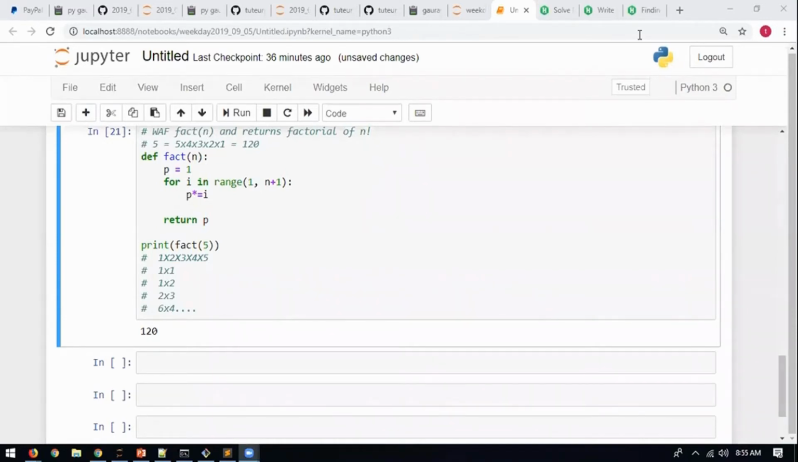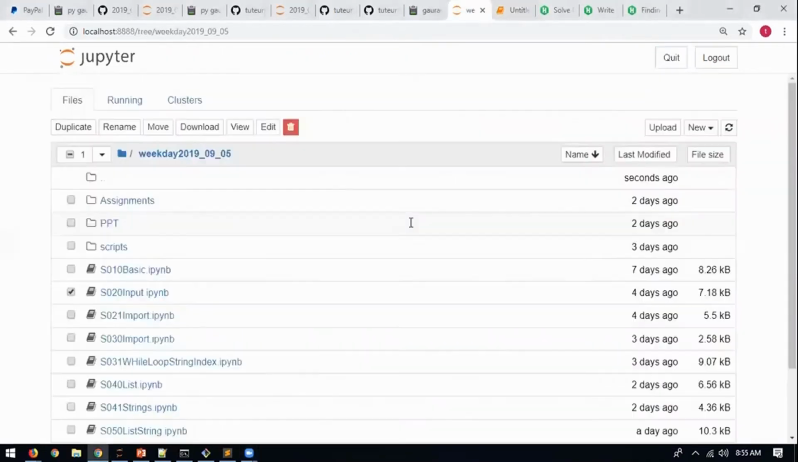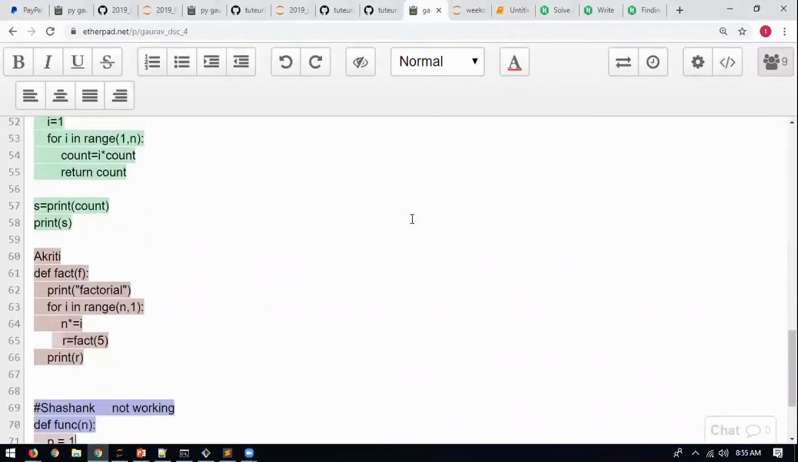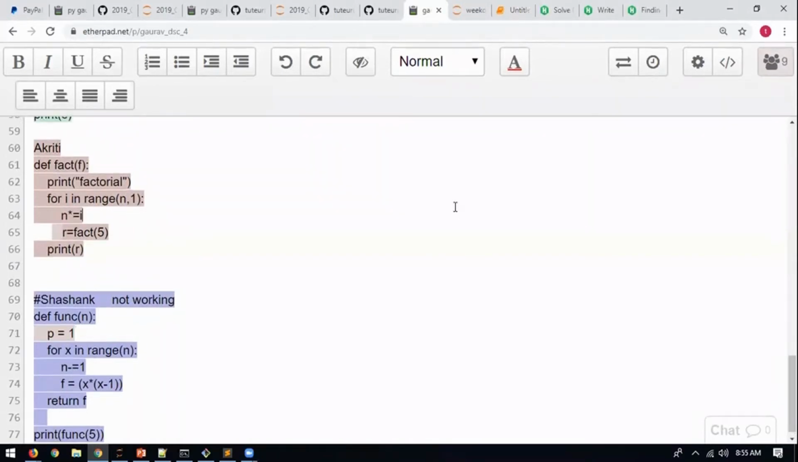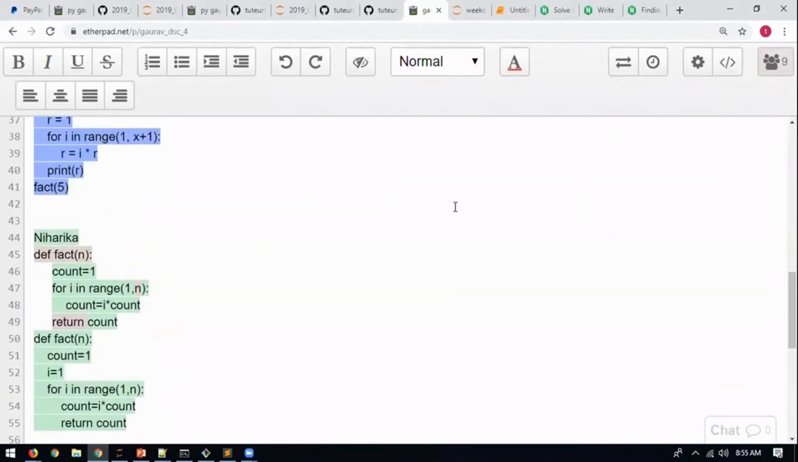Someone was saying something. Yeah, Gaurav, actually I pasted one code. I'm getting 120 and None. Can you just explain why None I'm getting? Niharika. Okay, actually, I had to check your name. Yeah, you are getting